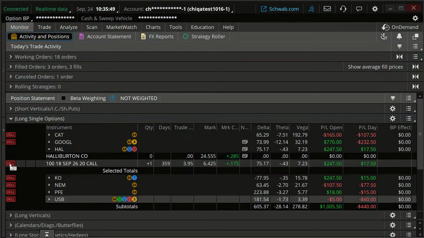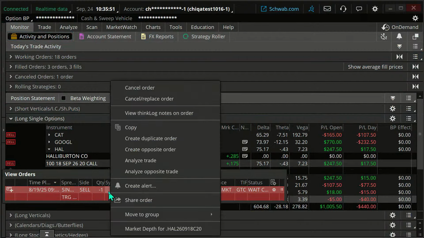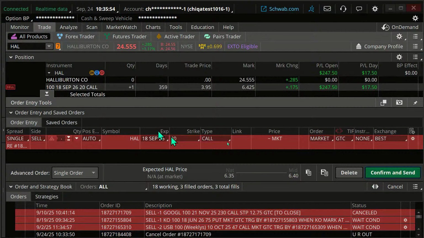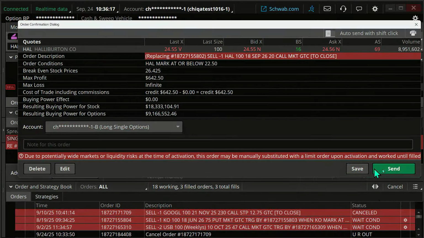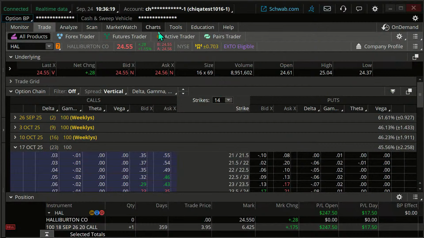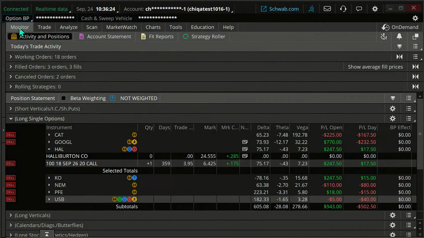Okay. Let me click on this. I'm going to cancel and replace this order. And I'm going to click on the gear. We said 22 and a half bucks, just in case things go against us, which they certainly very well could. We're just trying to hopefully help protect our gains, even though it doesn't guarantee that it's going to do that. We're going to cancel and replace that order. Okay. Send. Okay. All right. So let's do this.